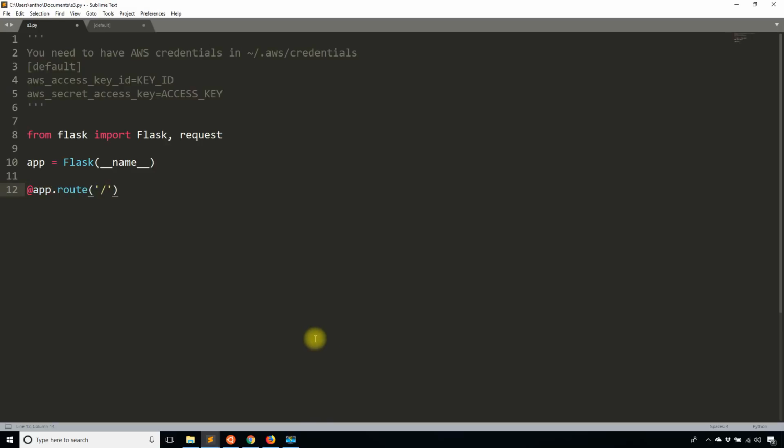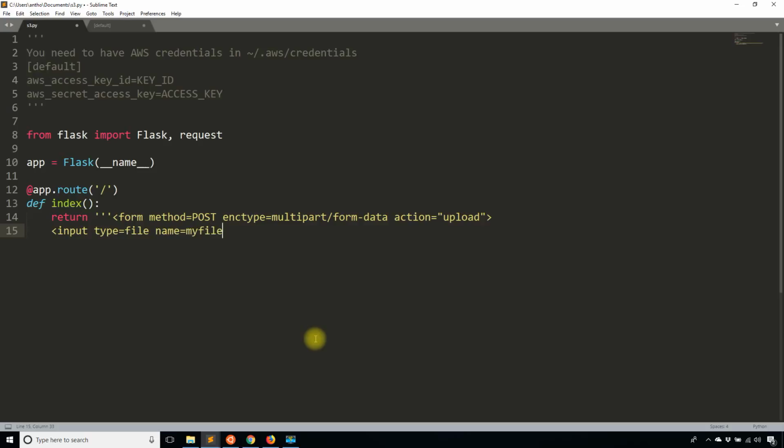So app route. And what this something is going to look like is just HTML. So I'll create a form. Method post, I don't need the quotes. Post, and then I need the form data part, so enctype form-data like that. Action is going to be a route called upload. And then it's going to take in a file. I'll call this my file, and then it's going to have a submit button,